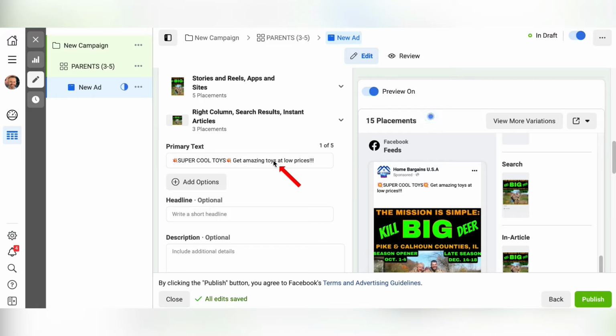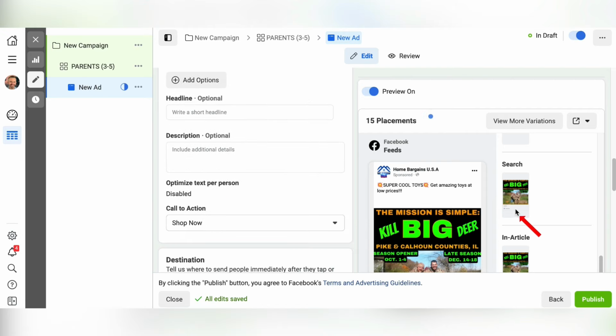So I always try to put some sort of emoji up here, and you can put as much text as you want. If it fills up this space, it's just going to say show more right here, and if they click on that, they can see everything. Some people put a ton of text up here, and I think that's a good idea. The more info you can add, the better right there. Now let's move on to the